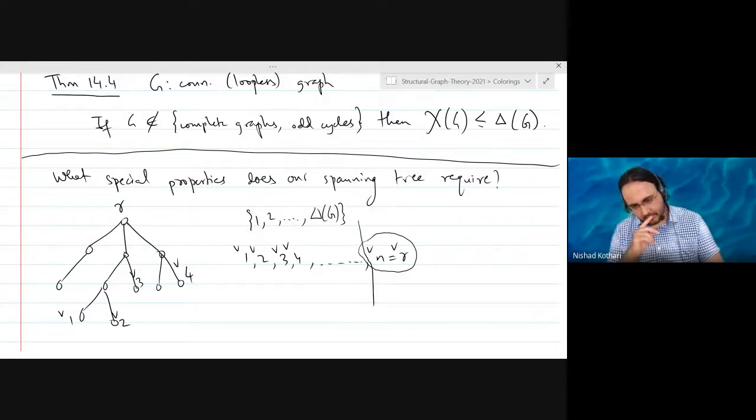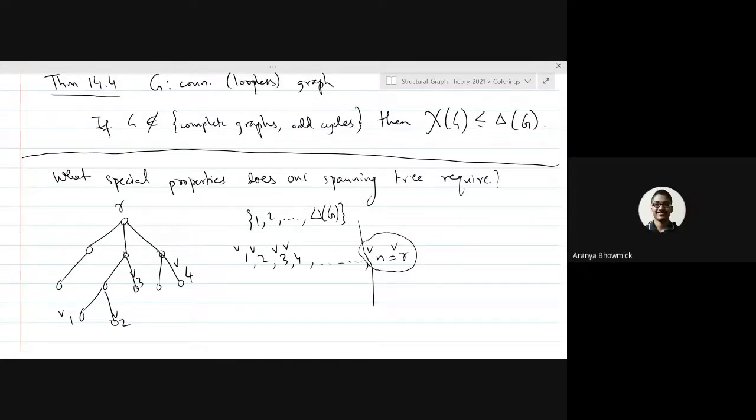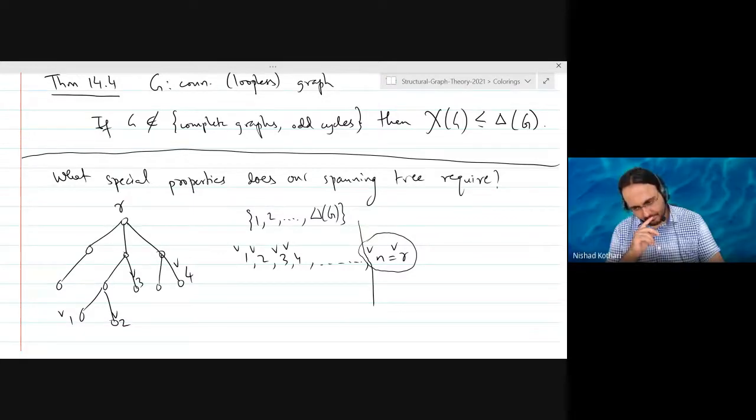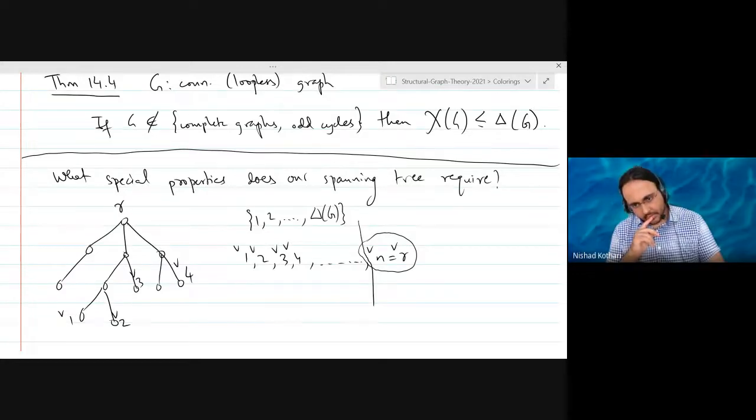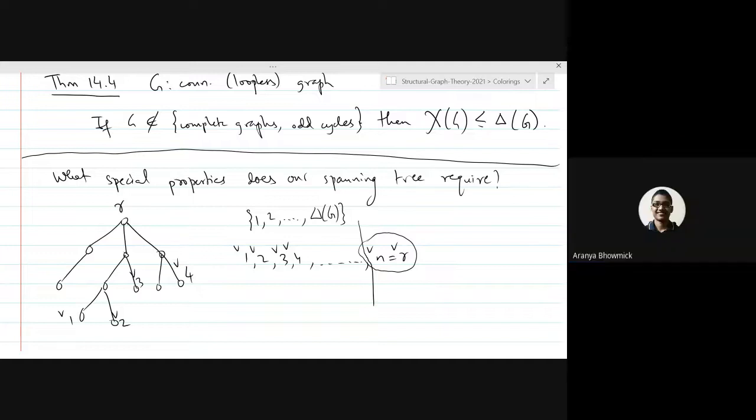Exactly. But I have an alternative way. If we insist that Vn is not a maximum degree vertex in the graph G, then the degree of Vn will be strictly less than delta. Good. So what does that mean? For certain kinds of graphs, you have already proved Brooks' theorem. What is that class of graphs? I think that is not the complete graph, because in a complete graph there always exists a vertex whose degree is less than the maximum degree.